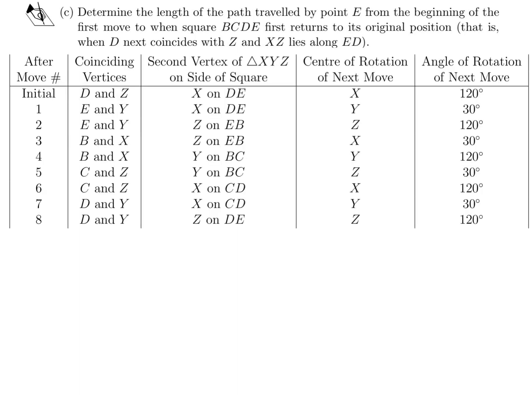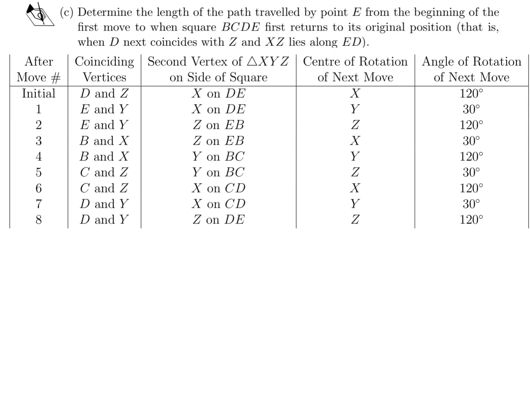Determine the length of the path traveled by point E from the beginning of the first move to when square BCDE first returns to its original position. That is when D next coincides with Z and XZ lies on ED. So the first thing I want to do is show this table here because this is very important. It kind of goes along with the previous question, but it gives you a nice little summary of what is